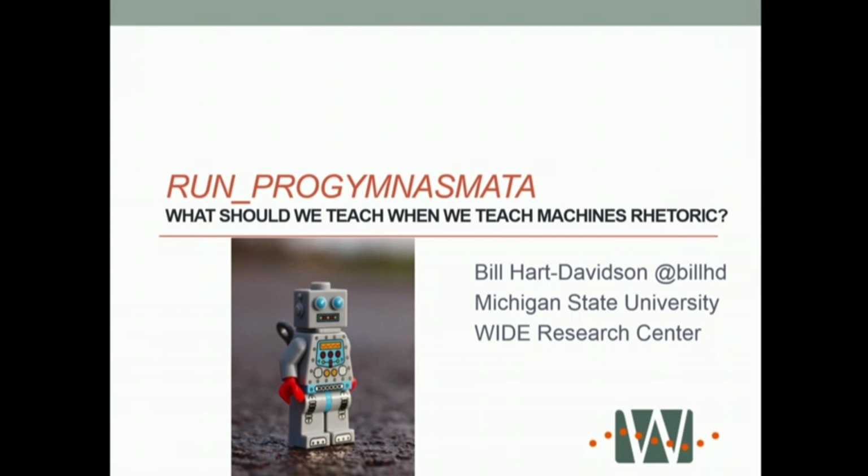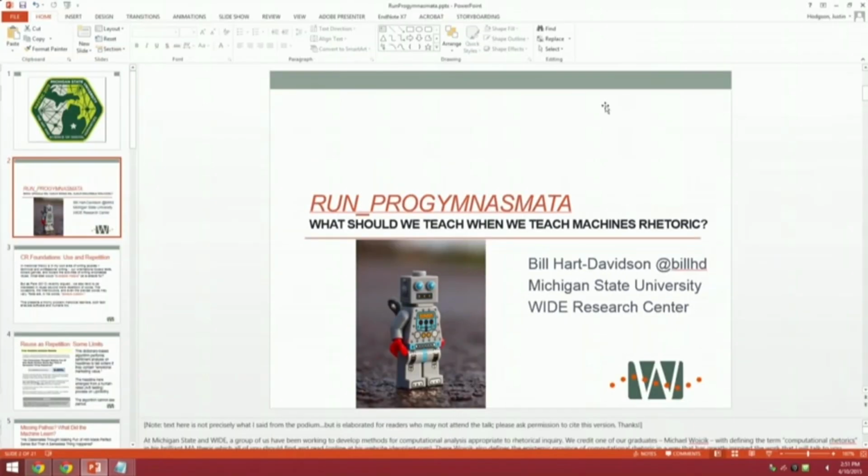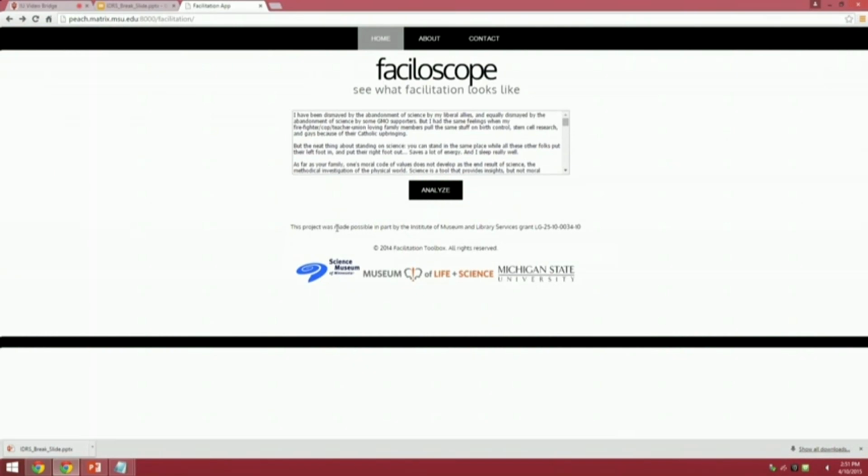So I'm going to start and show you what we made, and then I'll kind of come back here. So I'll see if this works for us. So this is a little app that runs in the browser called the Faciloscope. It's made to help people who work in science centers and museums who do something called facilitation, which is to informal learning what pedagogy is to formal learning. To monitor and moderate online discussions of various sorts in social media, on blogs, in various places they might occur.